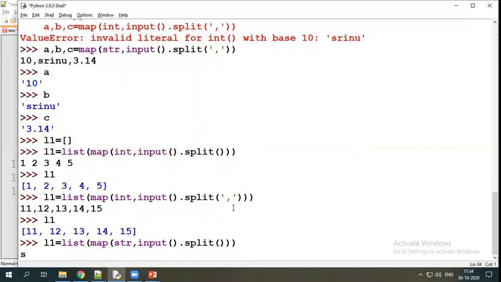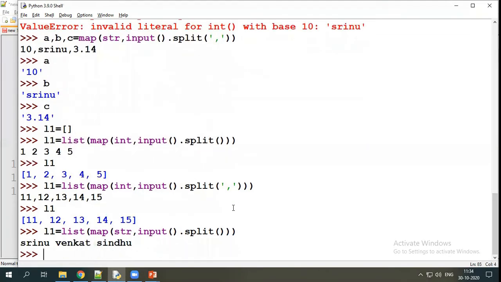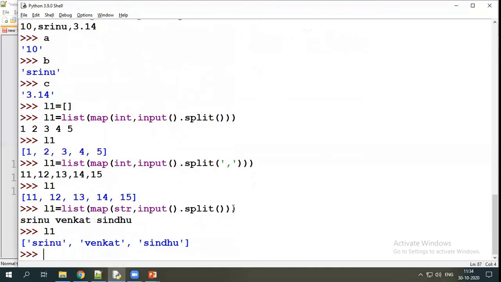Now I am giving different strings separated by spaces: Srinu, Venkat, Sindhu. If I print L1, we get Srinu, Venkat, Sindhu. We can read multiple strings at a time by using the list and map combination.